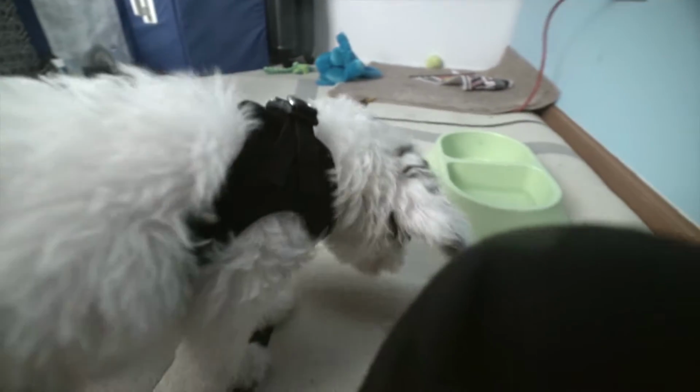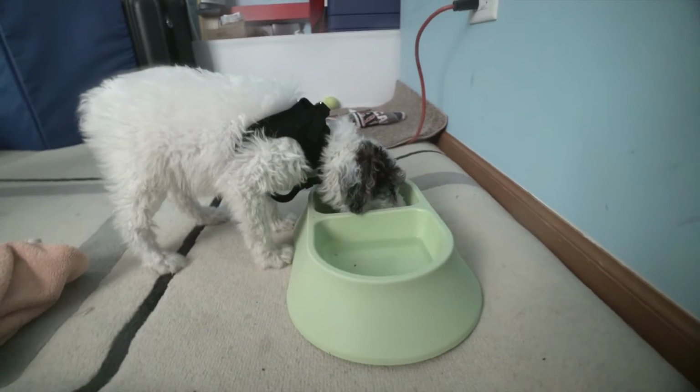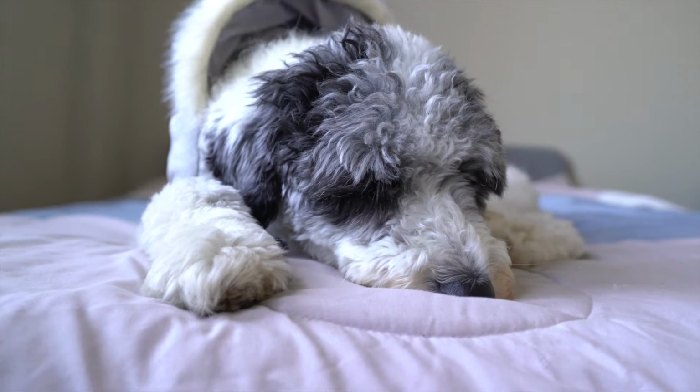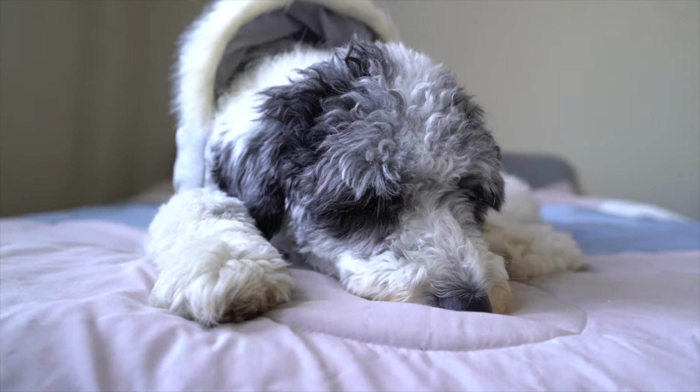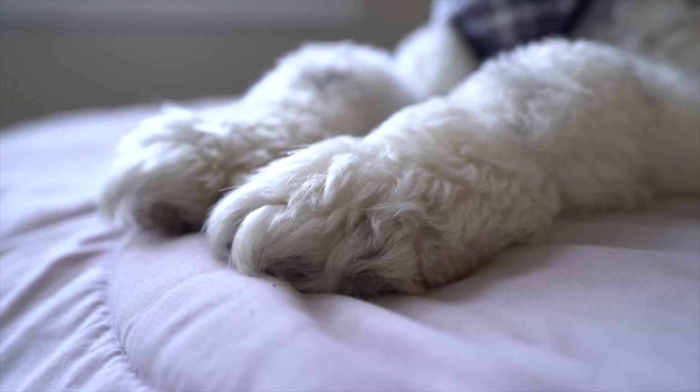The addition of the miniature poodle in this breed makes them a delightful, smart, fun, and spunky companion. Owners often describe their mini Aussie Doodles as almost human-like in their wit and quirks. They are typically very devoted to their owners, which can be both a pro and a con depending on your